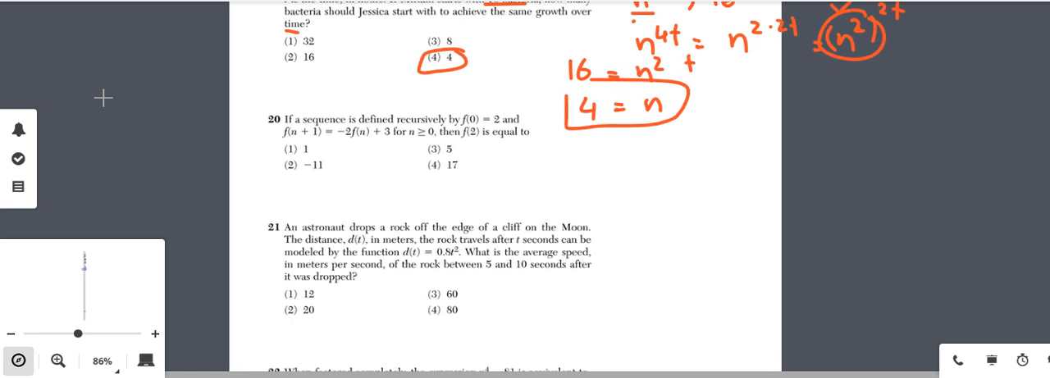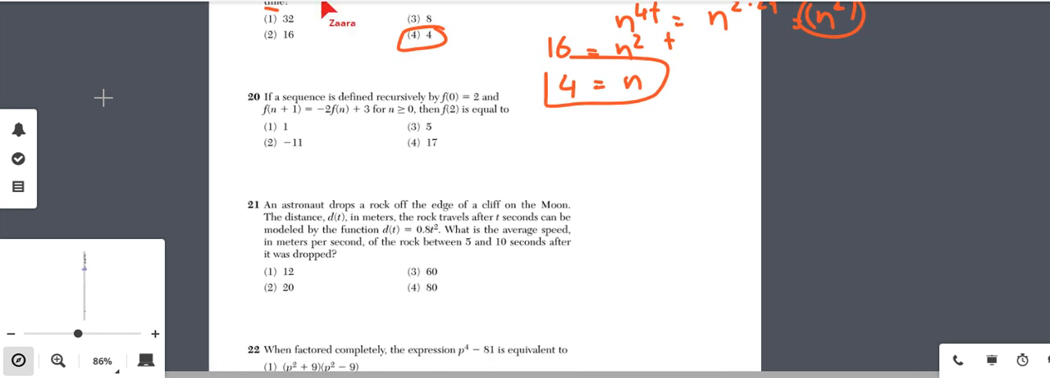Okay, look at the next one. If a sequence is defined recursively by f of 0 equals 2 and f of n plus 1 equals negative 2 f of n plus 3 for n greater than 0, then f of 2 equals what? So look, f of 2 is basically